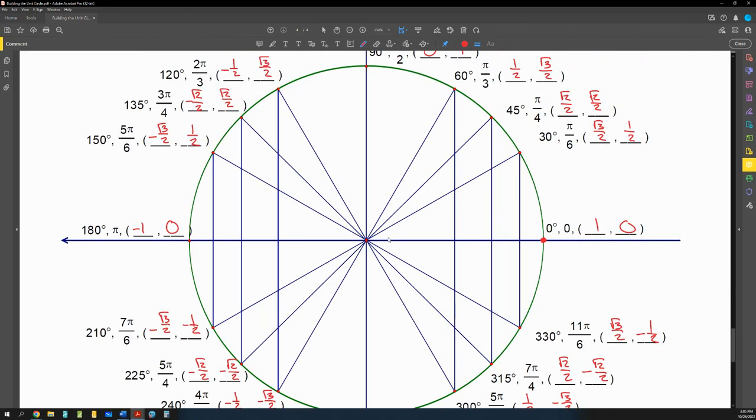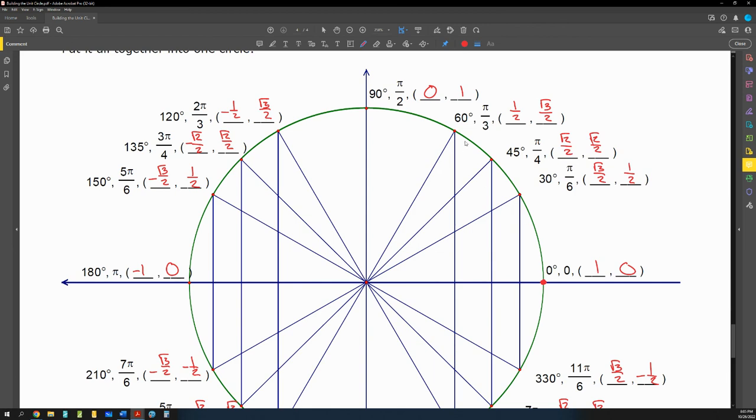So when we're looking at these angles, try to figure which side of the triangle is going to be longer and which side is going to be shorter. Okay, the same is true for our y values. So for 60 degrees, we have a taller y value than we do a wider x value, right? So that y value is going to be greater than our x value. So something to consider as you're building the unit circle. This does look